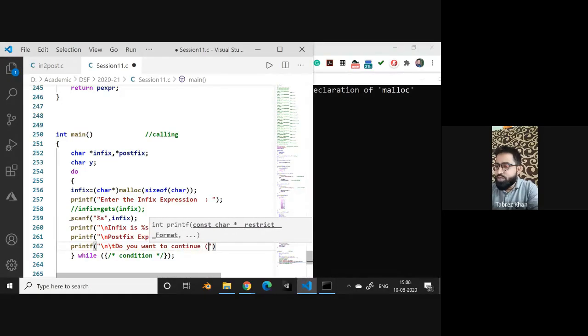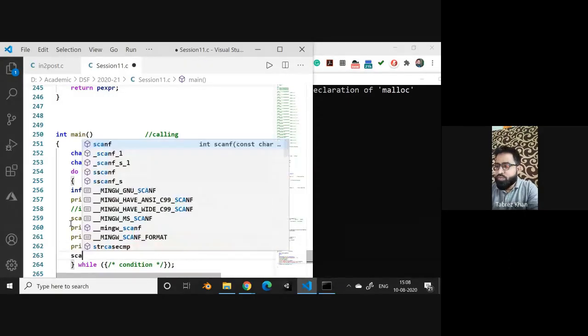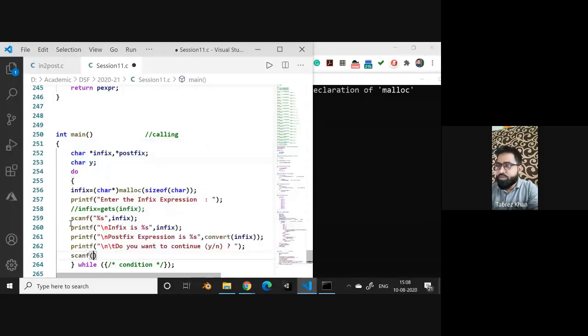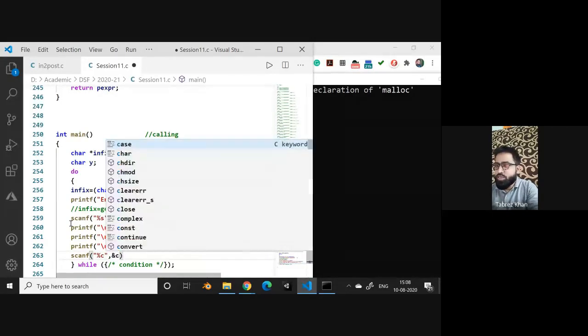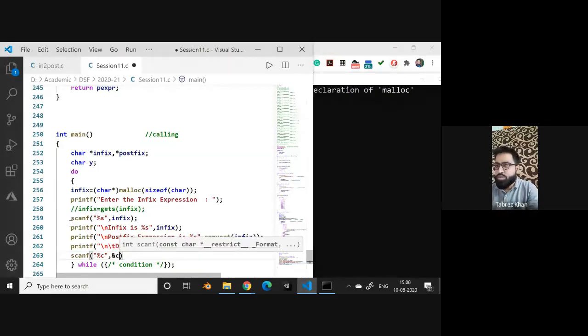In bracket, yes or no kind of question. And this will be scanning of character value into a variable c over here, sorry, y,